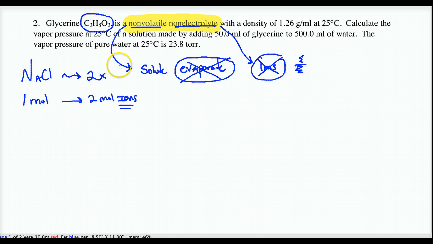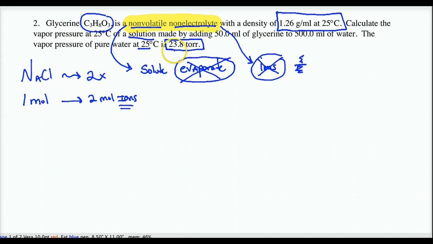So in any case, what we have is a non-volatile non-electrolyte with a density. Now I'm giving you a density, and density is going to pop into these types of questions because it helps us go from volume to mass. They want the new vapor pressure of a solution, which means that we have water, and normally at 25 degrees Celsius it would have a pure vapor pressure by itself, without any solute particles getting in the way, of